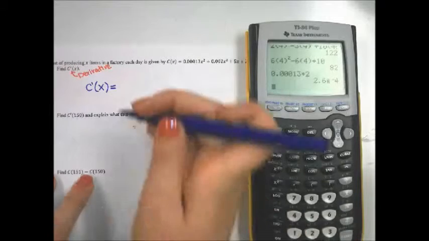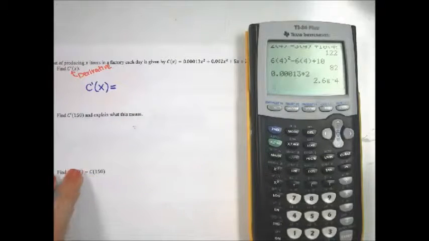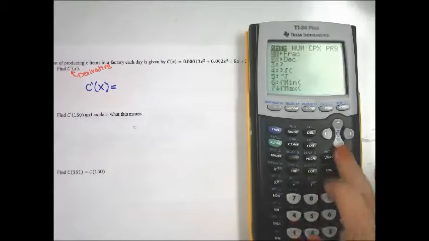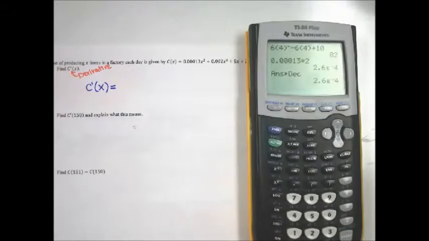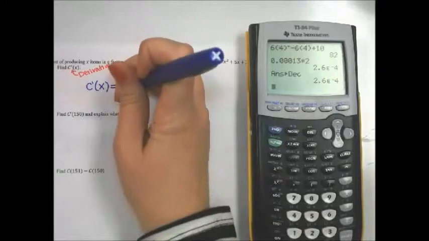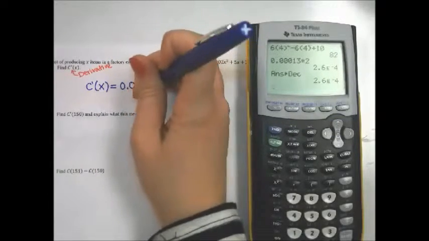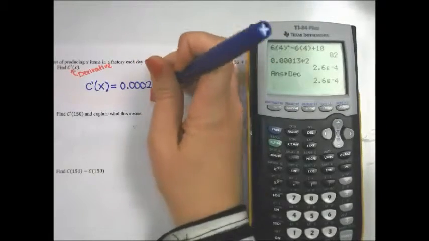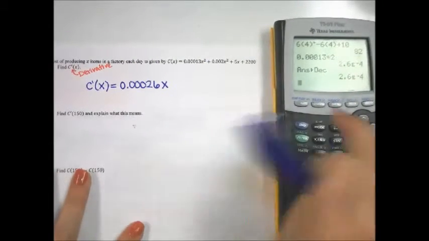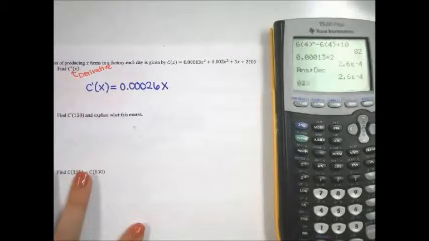0.00013 times 2. So we can handle scientific notation. Or, let's see, how does this go? Decimal? Nope, doesn't work. Okay, so that would be 0.00026 x. Then we take this times 2, so